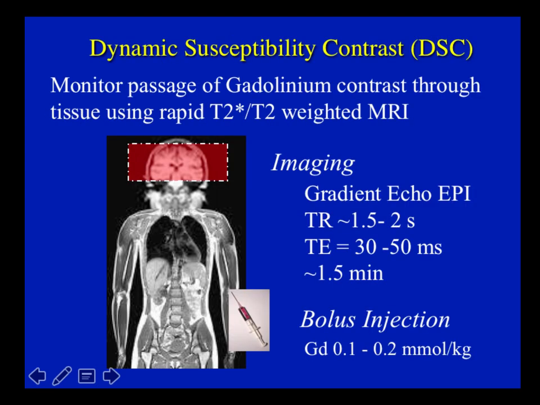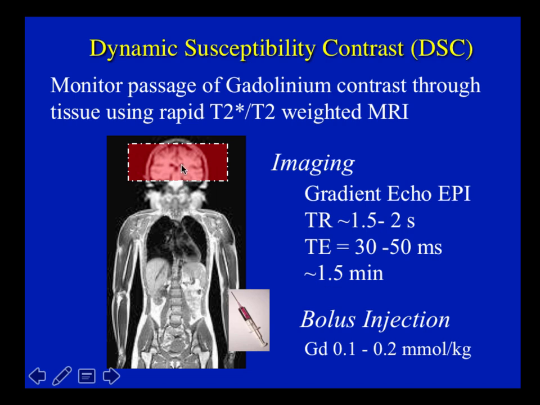So let's look at the dynamic susceptibility contrast technique a little bit more closely. Here what we do is monitor the passage of gadolinium through the tissue with some kind of rapid imaging technique. We inject the contrast agent as a bolus in the arm, and the contrast agent is then carried by blood to the heart and then throughout the body. And when the contrast agent is